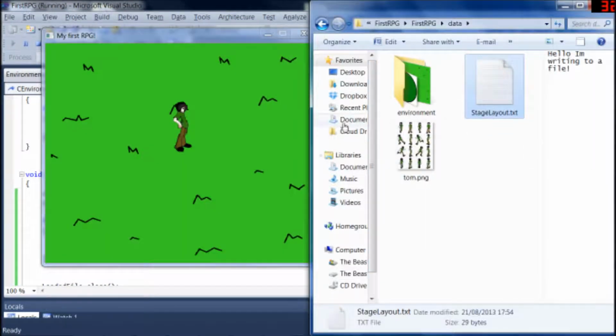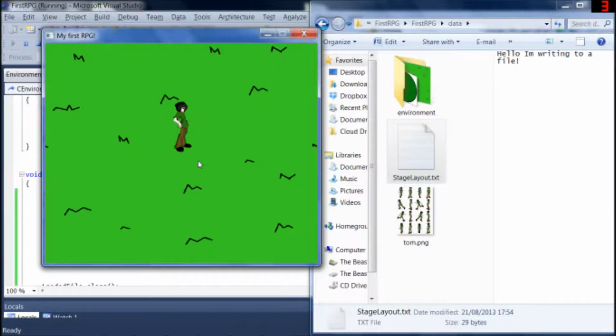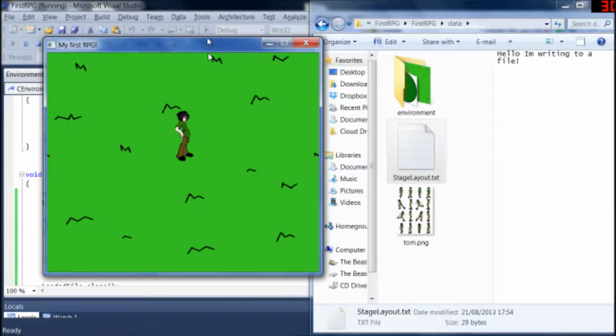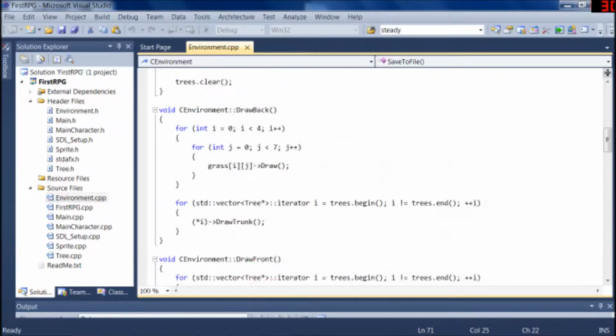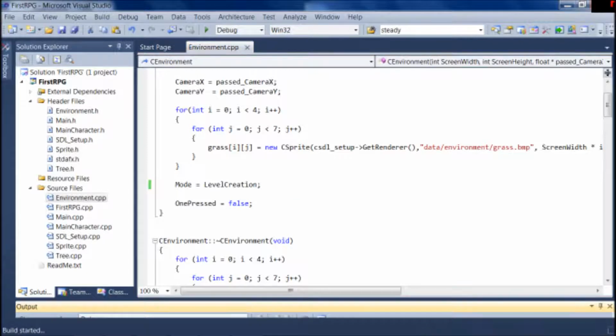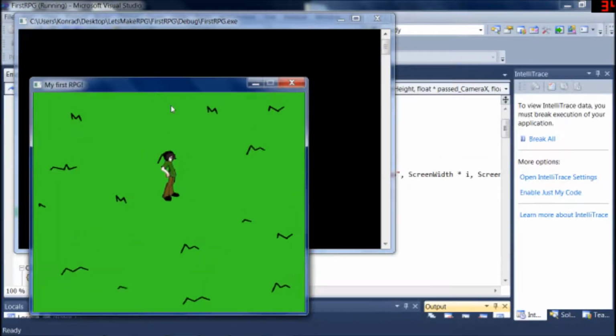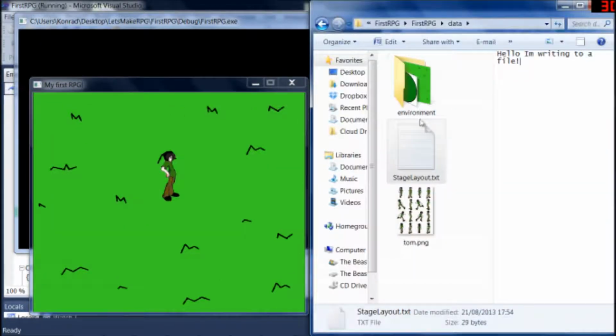What we're going to do is just look at what's inside the file. Let's change one thing quickly, because it's annoying. Let's change it so every time we start the game, it begins in level creation. Later we can change it back to gameplay, but for now, for the testing, it will save us pressing F12 each time. Alright, and if we go to the folder, and now if we press F11,